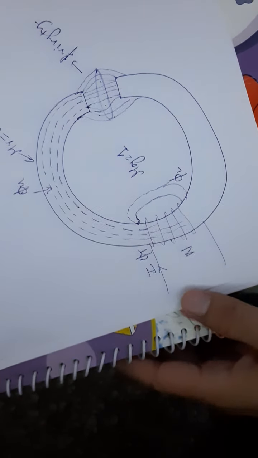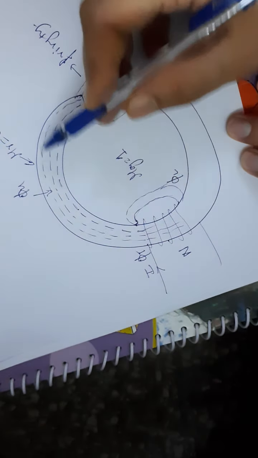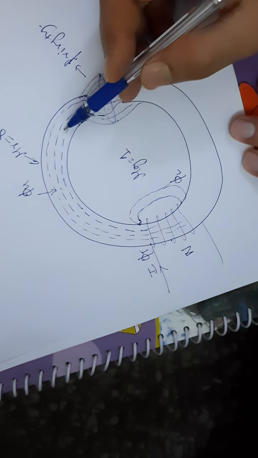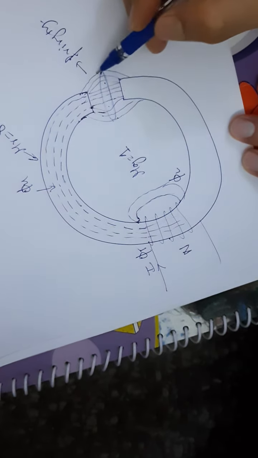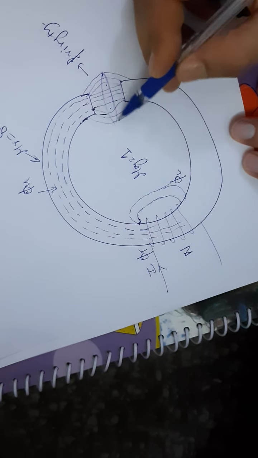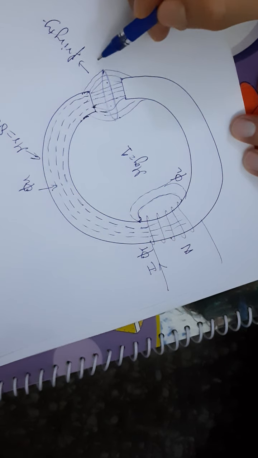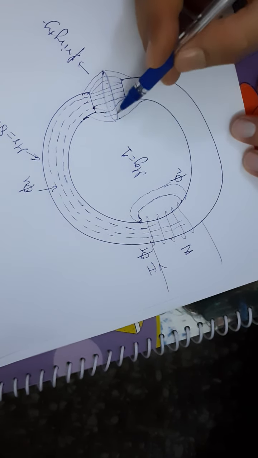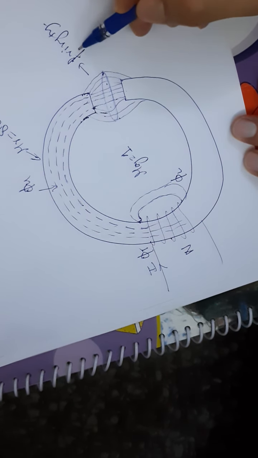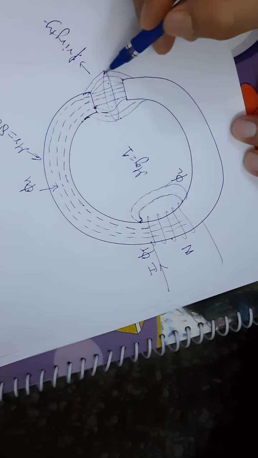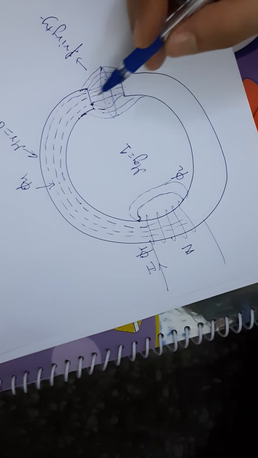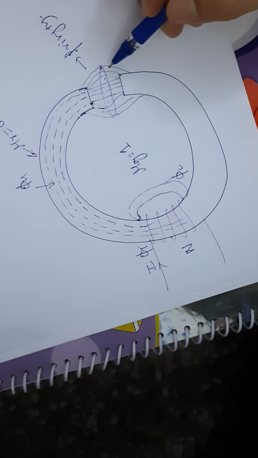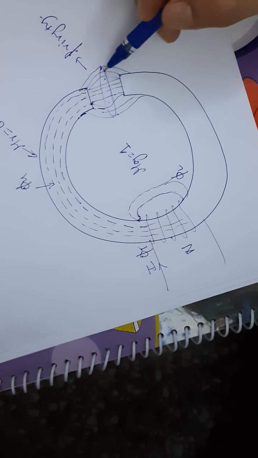So I am saying, if the lines of force are flowing through two mediums of different permeability, then the medium with lower permeability will have increased cross sectional area. This is the medium with lower permeability, air. It will have increased cross sectional area for the flow of flux, which is called magnetic fringing. That is the increase in the cross sectional area. So this is one effect of the discontinuity, that the cross sectional area of the magnetic flux in a medium with lower permeability will increase.